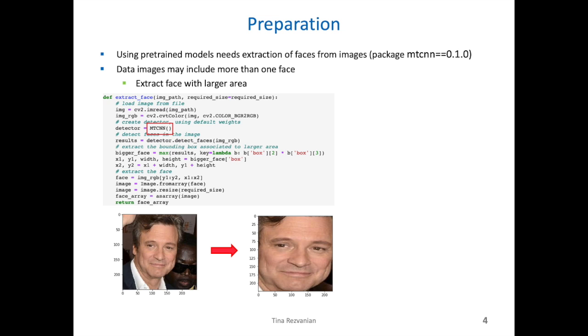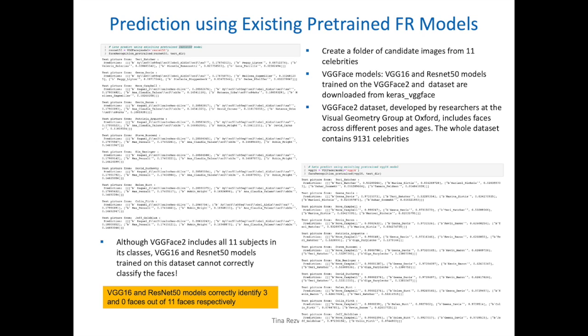Before going through the first step, we need to prepare our images by extracting the part of the image that is the face. For that reason, I'm using the MTCNN package. And if there is more than one face in an image, I use the one with greater area. Using VGGFace2 dataset,